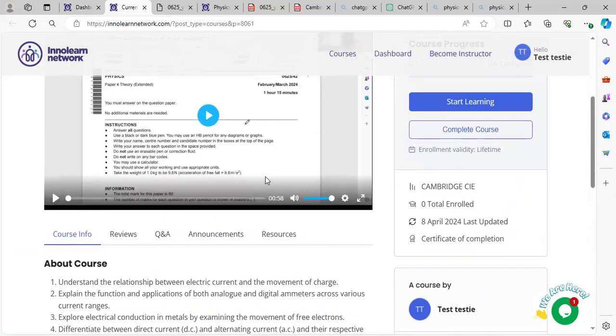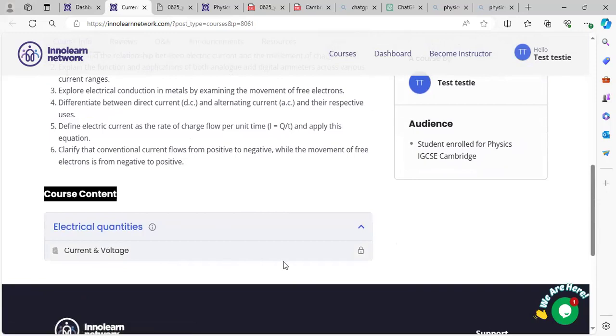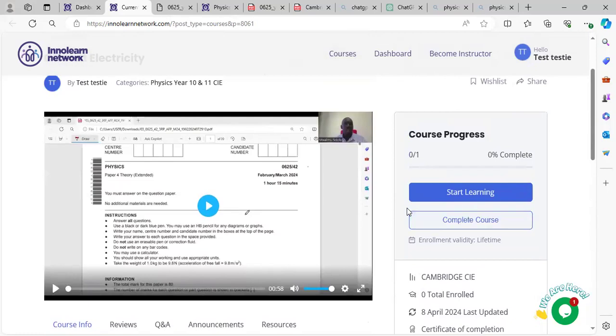It means a student will be able to see everything that you're seeing here, but they will not be able to click or access until they enroll for that particular subject. Because you are logged in. When you talk of enrolling, you mean it is paying? Yes, yes. Like for instance, let's look at